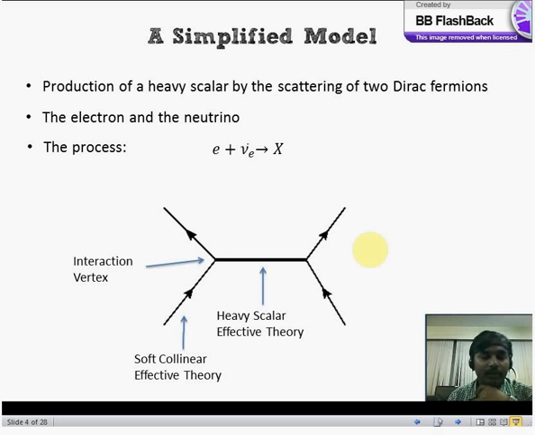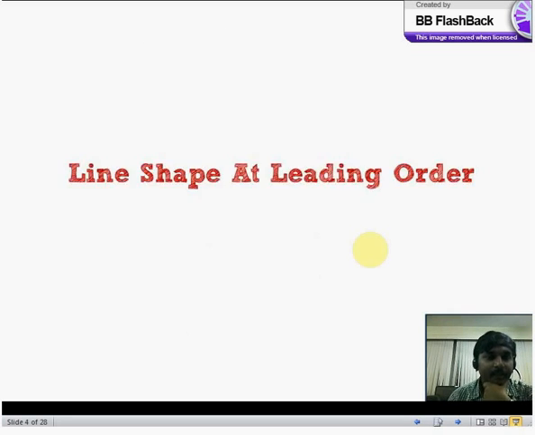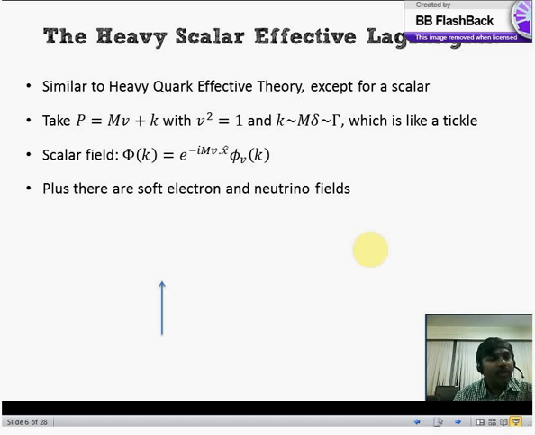So we'll approach each of these systematically. Our aim will be to calculate the line shape at leading order first, and then we'll go on to beyond leading order and calculate the same line shape at next to leading order. Now at the leading order we have